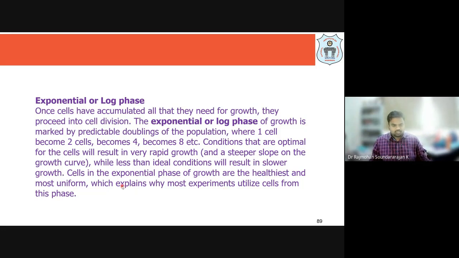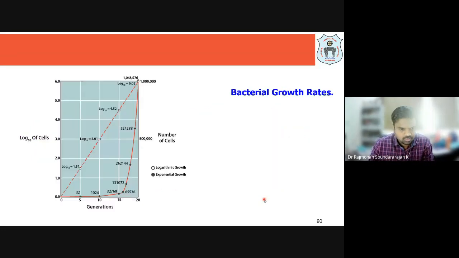That's the reason why, for any studies we want to perform in an experiment, we collect cells from this exponential phase, not during the lag phase or the death phase. When you want to take out some microorganisms for experiments, we grow the microorganism, and from that exponential phase we take them, because that is where you get uniform, healthier products. So we get better quality microorganisms during this log or exponential growth phase.